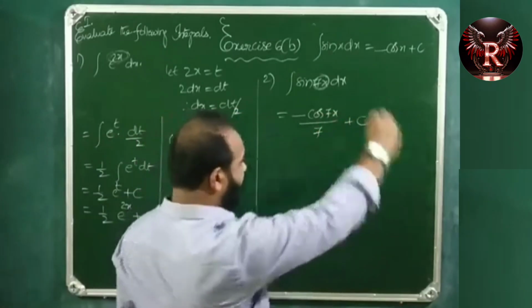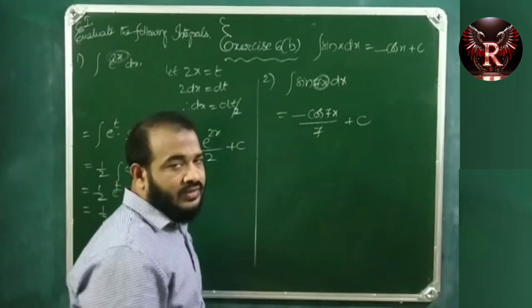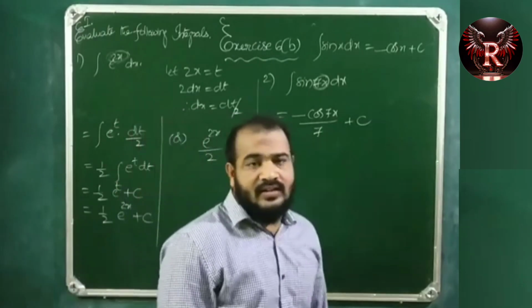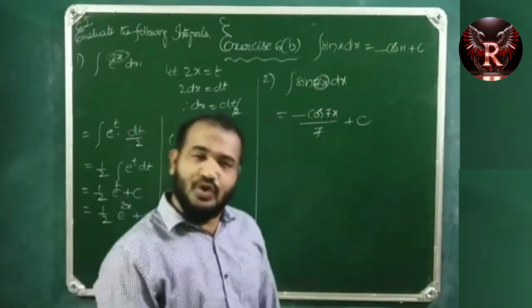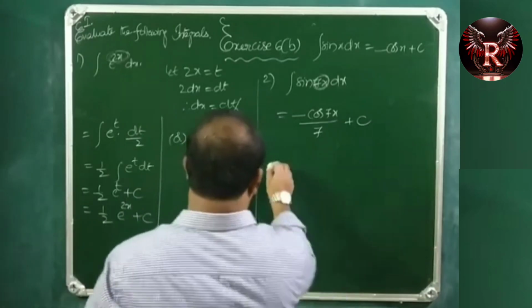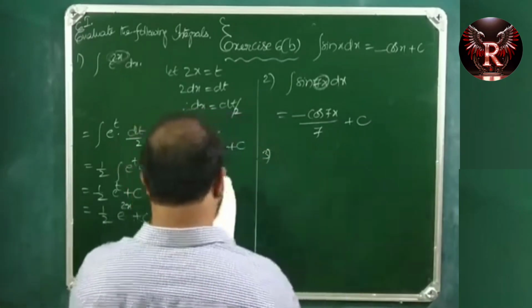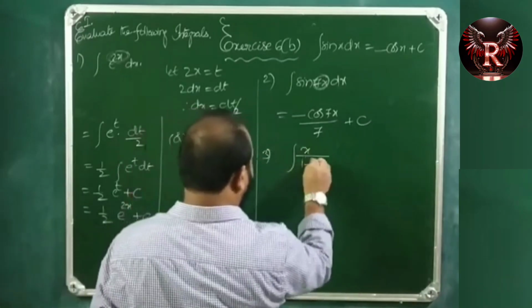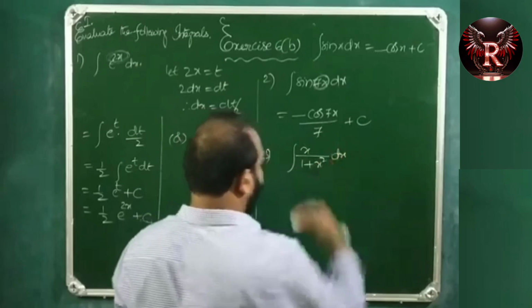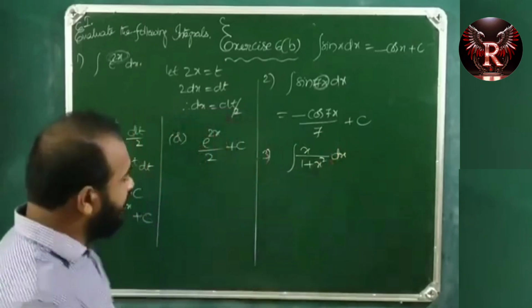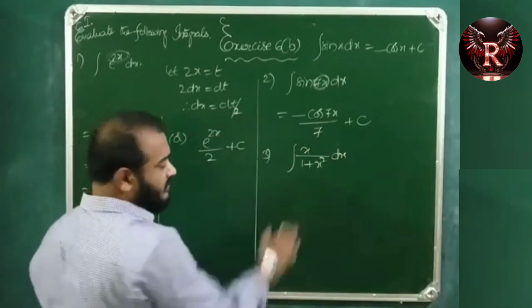7 plus constant of integration c. That's it. So in this way the substitution method is useful. Now the third question is integral x by 1 plus x square dx. So how do we do this? So seeing this